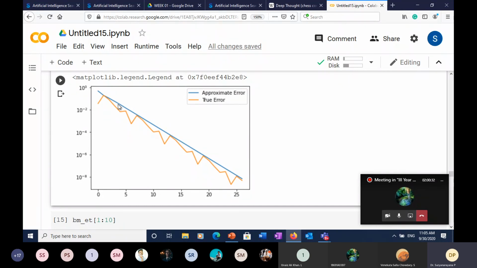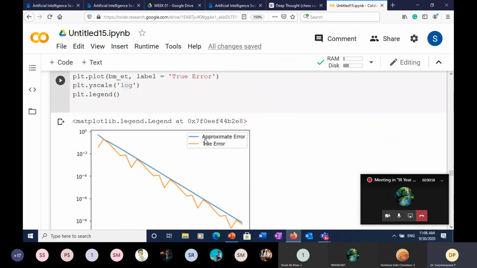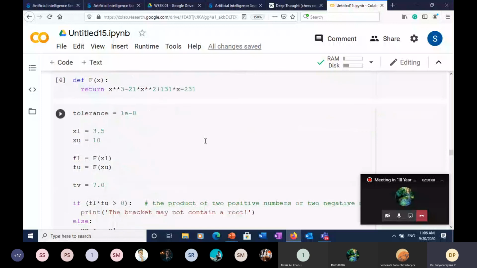If I say 10% error, and later on he finds that the error is only 5 or 6%, there's no room for complaint there. But if the approximate error was underestimating the error, that's the problem. If I say the error is 10%, and it turns out to be 15 or 20%, that is the problem. But overestimation is okay. And this approximate error, at least for this case, and this plot shows that it overestimates the error, which is good.